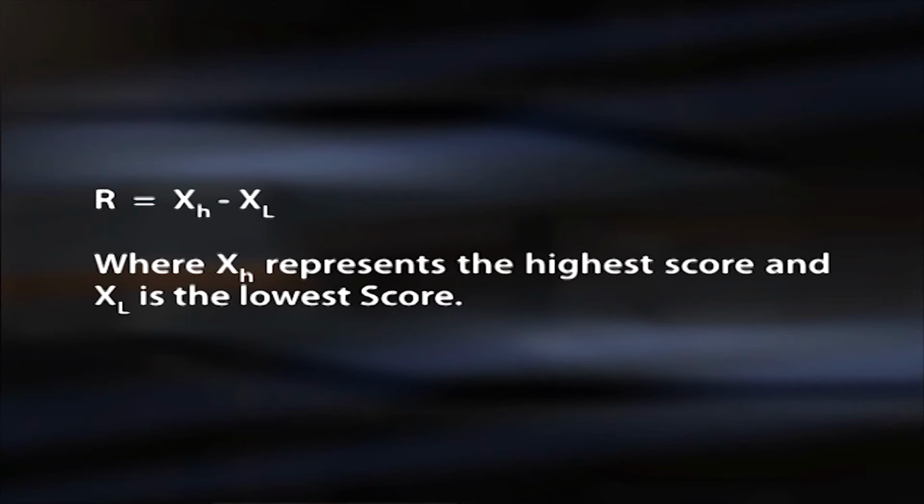It is usually affected by the presence of two extreme scores. The greater the range, the greater the dispersion or variability. There are two types of range. The common type, most commonly used and simply called the range, is technically known as exclusive range. It is the highest score minus the lowest score in a set of scores. It can be found using the formula R = XH - XL, where XH represents the highest score and XL is the lowest score.